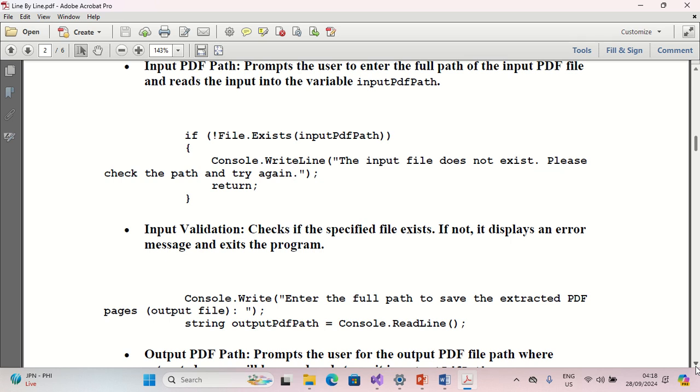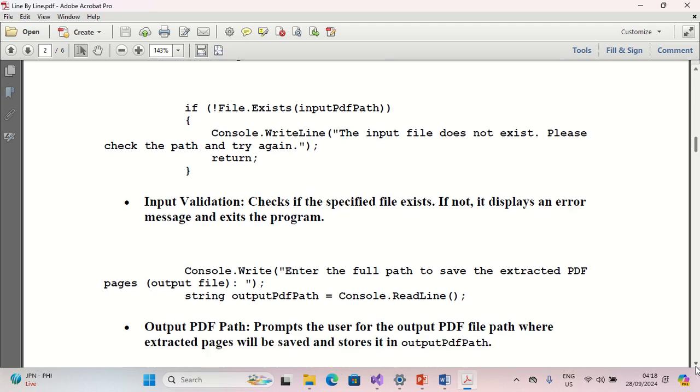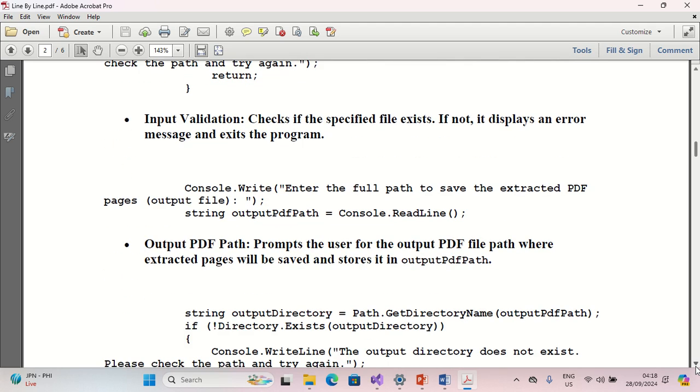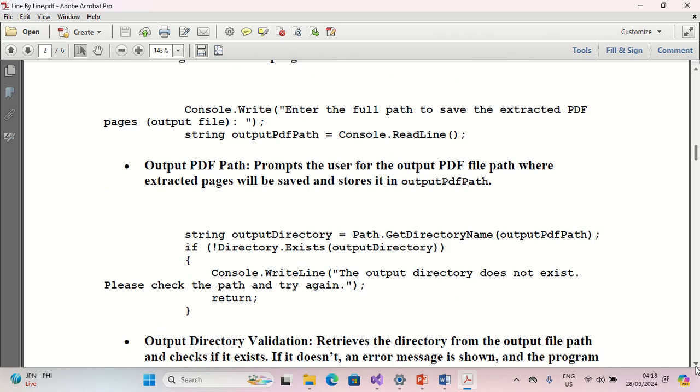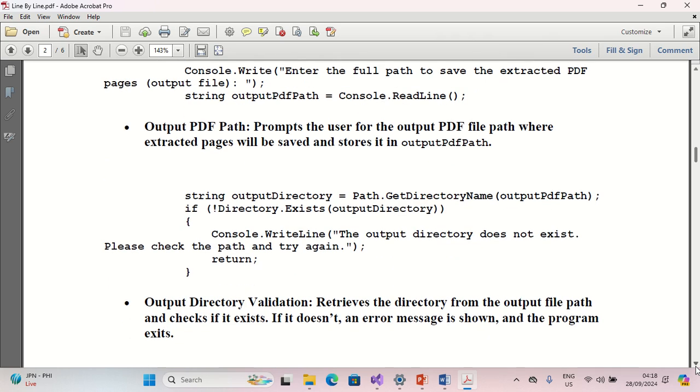Console.Write, enter the full path to save the extracted PDF pages. Output file. String outputPath equals Console.ReadLine. Output PDF path prompts the user for the output PDF file path where extracted pages will be saved and stores it in outputPath. String outputDirectory equals Path.GetDirectoryName, outputPath. If